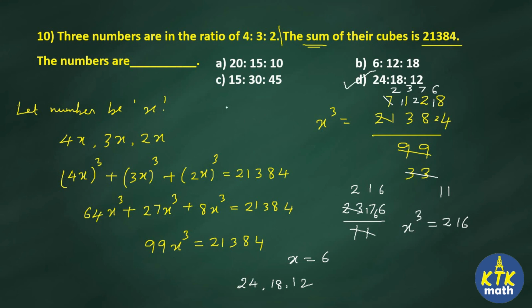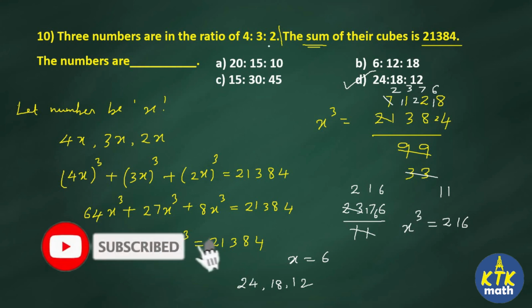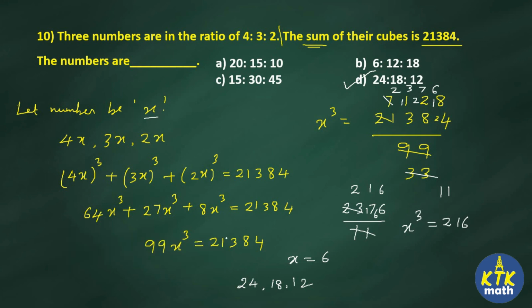Whenever they give questions related to ratios like this, you are going to assume the unknown number as x and then proceed. You can definitely expect these kinds of questions in your competitive exams. So do practice 2-3 sums in this method so that you will be thorough with the concepts.